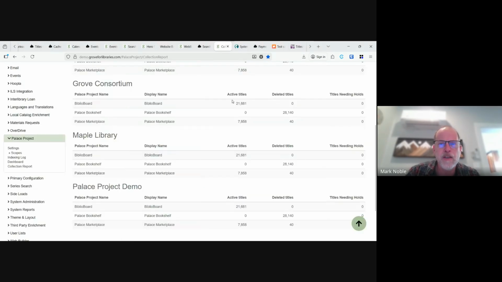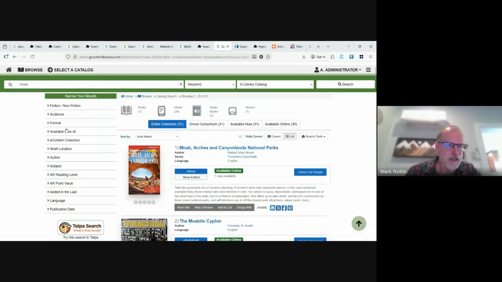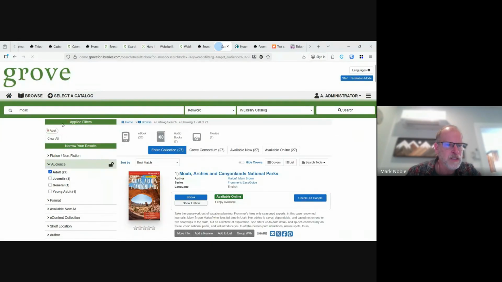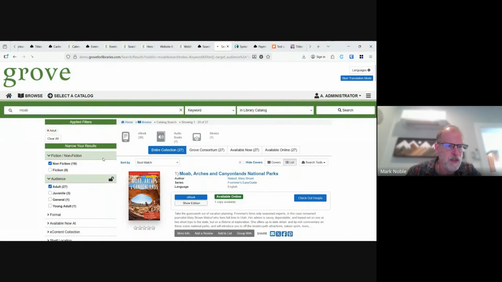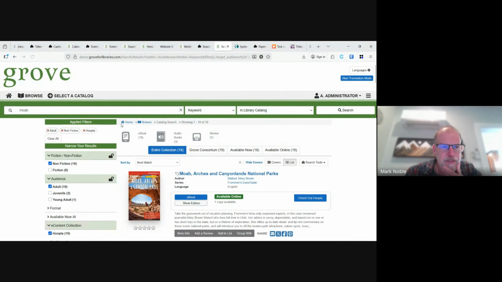So let's go back here. So again, this is Orange County with some new search updates. So let's just do a search. I'm just doing a search for Moab. And let's say we want adult titles that are nonfiction and available from Hoopla. So we can see we've updated the applied filters up here to be a little more